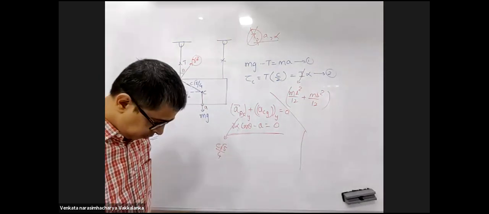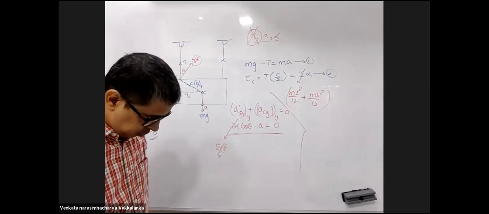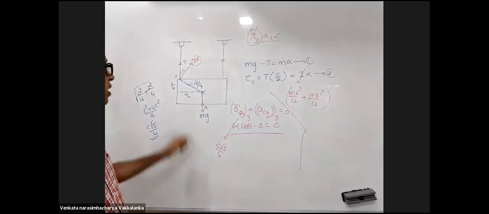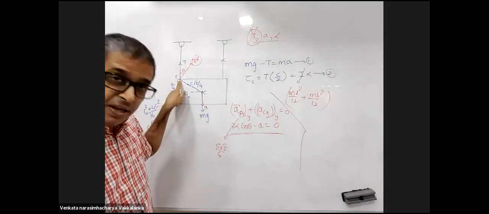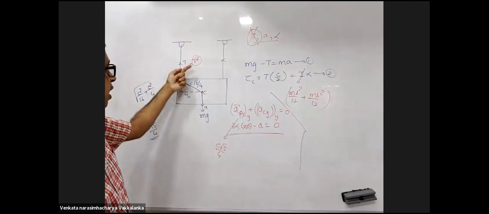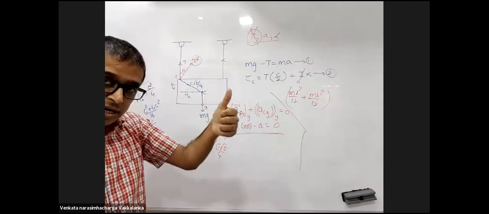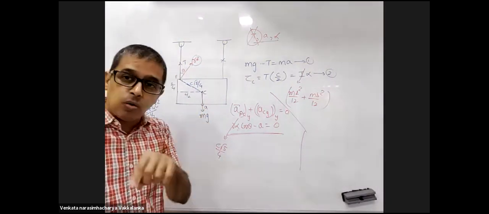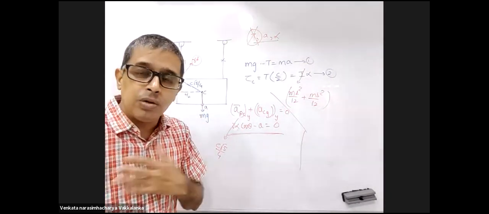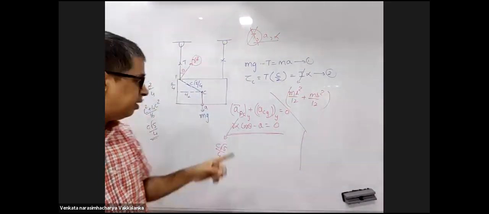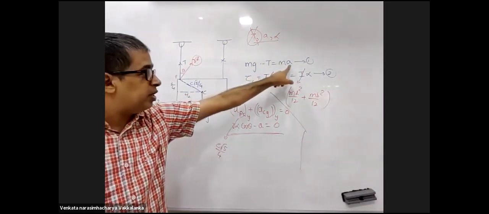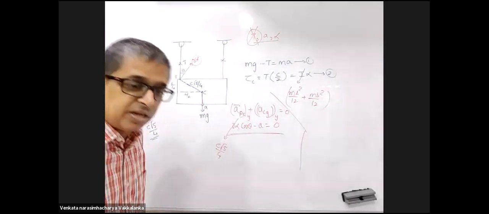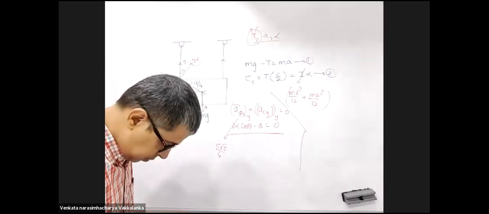So even in this question, do we have to take acceleration along the horizontal direction? He didn't ask for the acceleration of any point P. If he would have asked, you will have to take the R alpha component in the horizontal direction as well. He hasn't asked. The center of mass will have only vertical acceleration. Why? There are only two vertical forces on the body, mg and t. So the center of mass will be only in the vertical direction. There is no horizontal component for the center of mass. Got it, sir. Thank you.